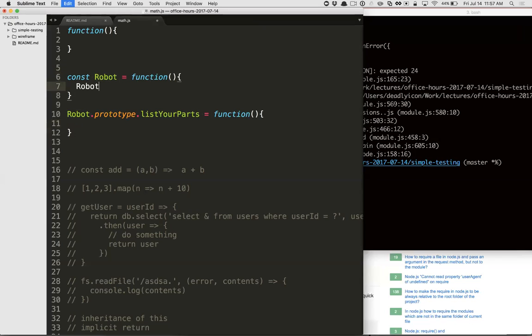This robot.parts equals, I don't know, a leg and a face and a confabulator. Great. And so in here we want to say this.parts.forEach.